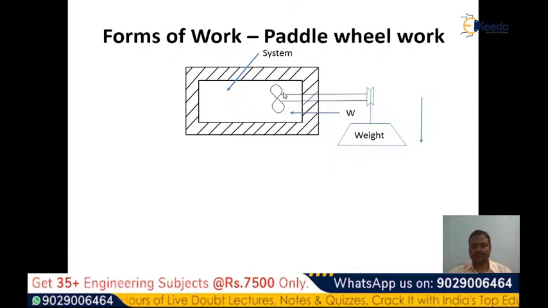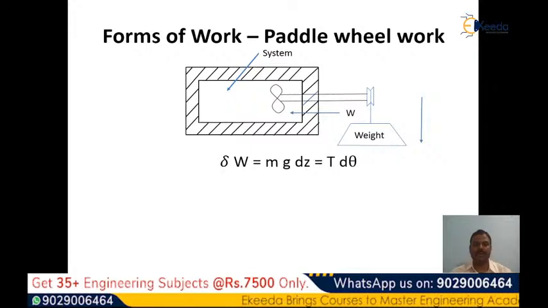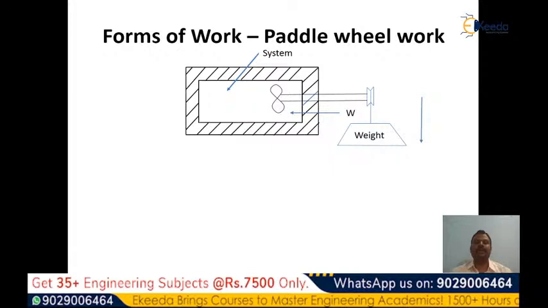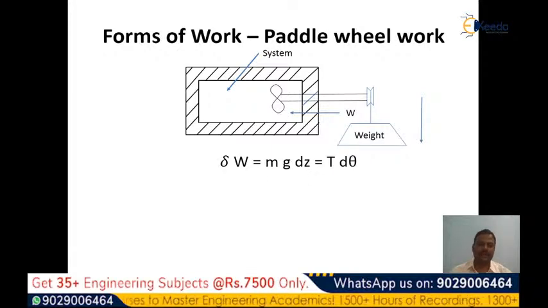A paddle wheel is inserted, and this paddle wheel is driven by a pulley and weight arrangement. Here, since the volume is fixed, the PdV work done by the system or on the system is zero. There will not be any PdV work in this case, but there is definitely work transfer, that is, infinitesimal work transfer to the system, which can be calculated